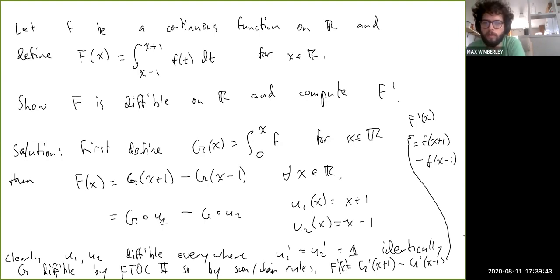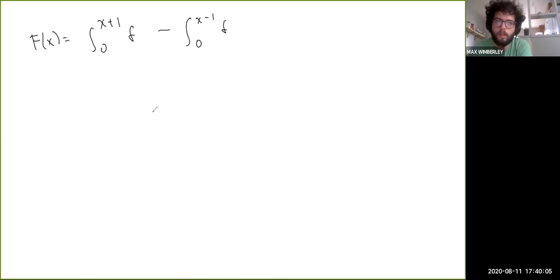And if you do it that way, you can think of it as, if you just say F of x is the integral from 0 to x plus 1 of f minus the integral from 0 to x minus 1 of f, then you could say this is the integral from 0 to x of f plus the integral from 0 to 1 of f minus